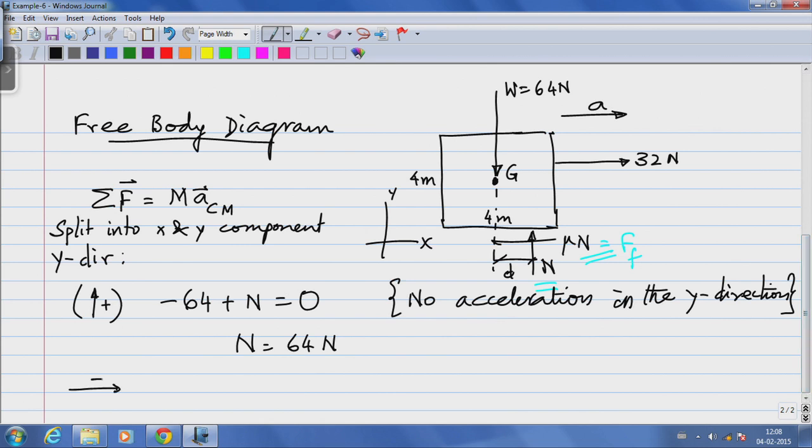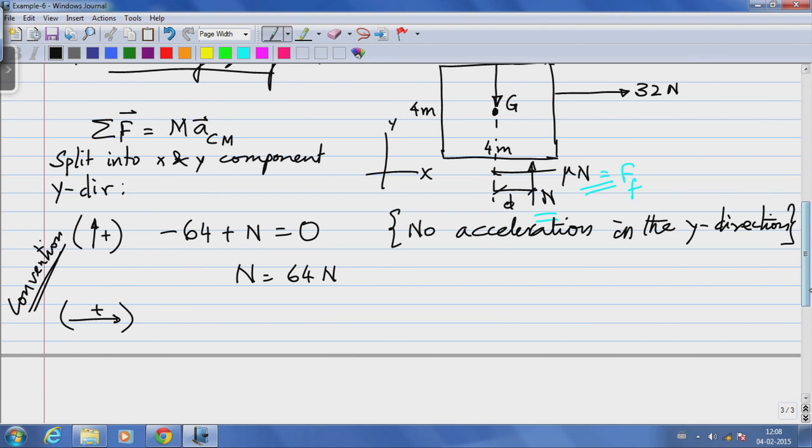If I take horizontal forces, forces to my right being positive, this is a convention I have chosen, and we can choose these conventions, which direction being positive, which direction being negative, depending on the convenience of that particular problem. There is no set rule that to the right is positive and to the left is negative, or vice versa. What I do know for the forces in the horizontal direction is that minus mu times N plus 32, these are the two forces acting in the horizontal direction,